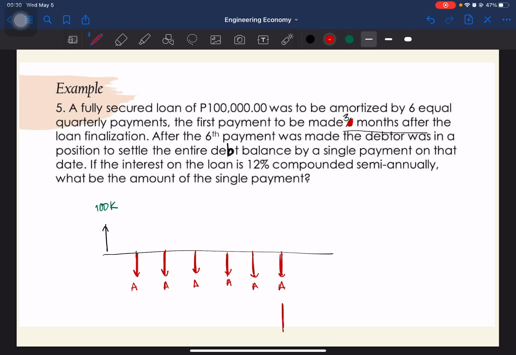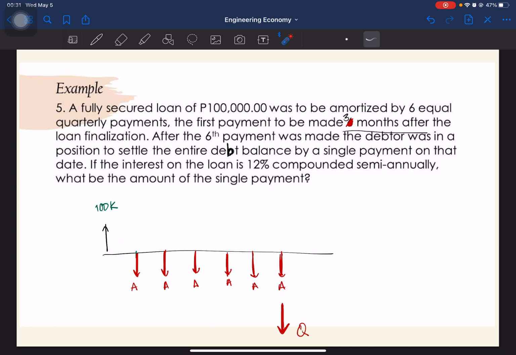Meron pa siyang babayaran na isang malaking payment, single payment F, let's say, o Q na lang. Single payment Q that will erase all his debt. Okay? Mababayaran na lahat ng utang niya. So, 6 equal payments plus 1 single payment on the date of the last amortization that will clear all the